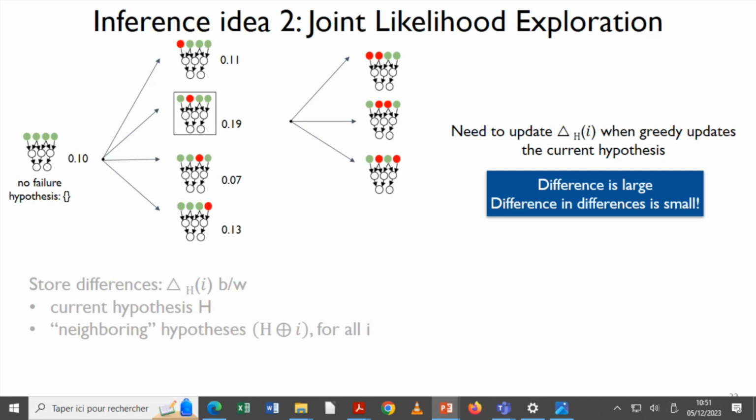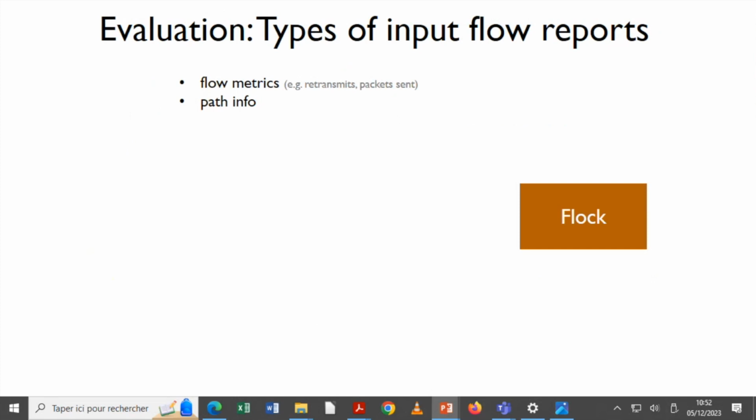But if we keep track of the difference of the differences between iterations, that turns out to be computationally more efficient to compute. We exploit that, and we essentially gain a factor of n over d improvement in running time, where n is the number of links and d is the maximum degree in the graph. So that's pretty significant.